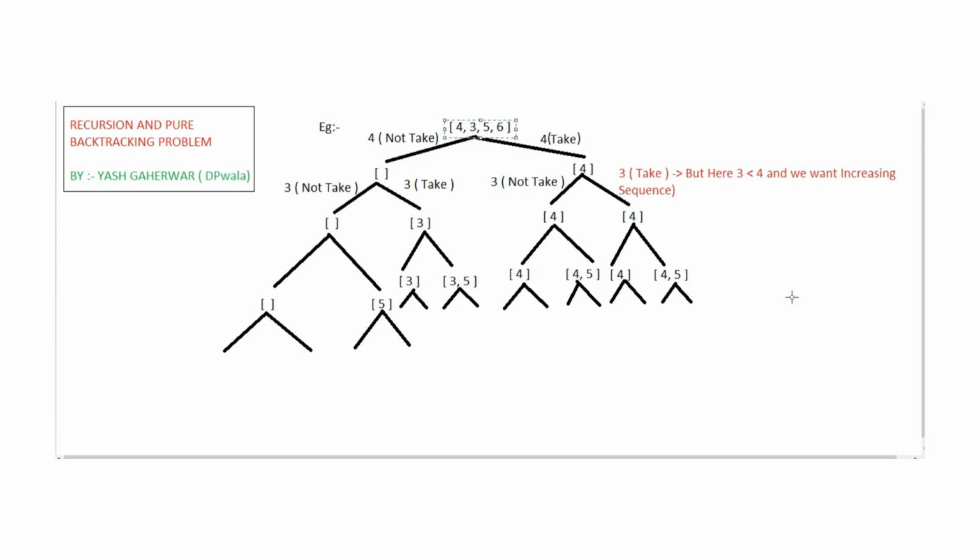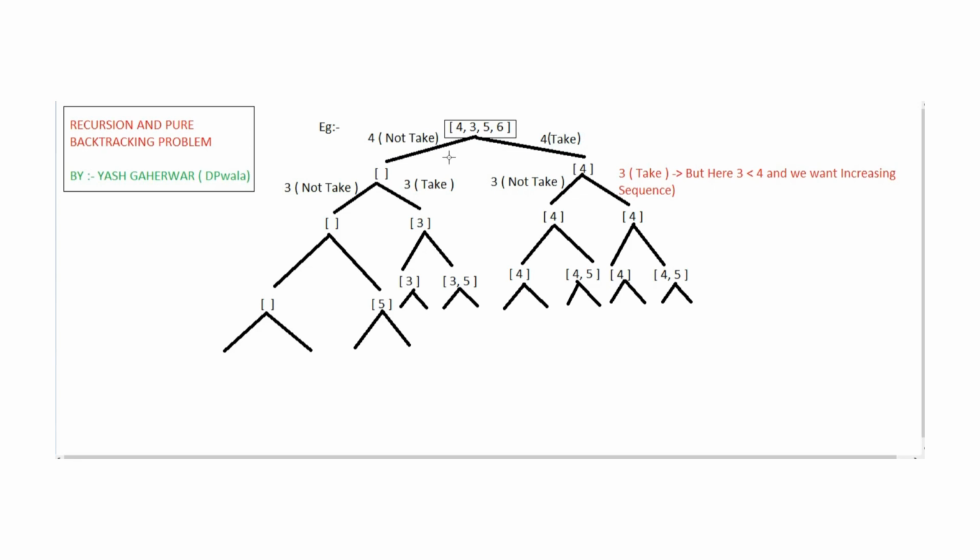In this array, we can see that the numbers are not in proper increasing order. Numbers are in mismatched order. They are not properly sorted. So here we need to use the recursion concept and the backtracking concept, as I have mentioned, to solve this problem. So here we are generating the recursive tree to solve this problem.